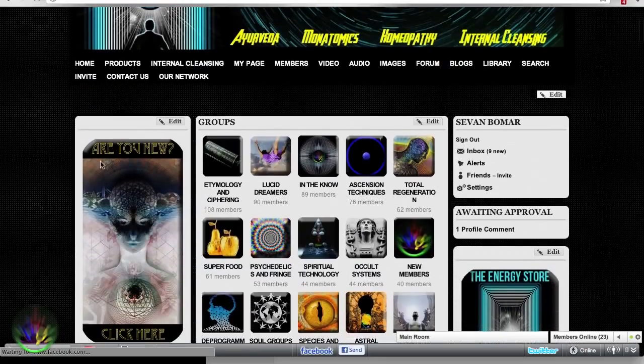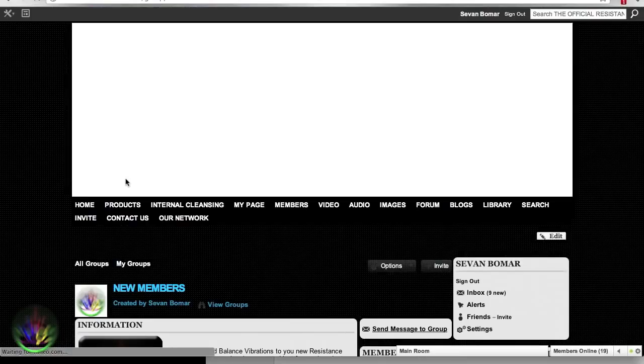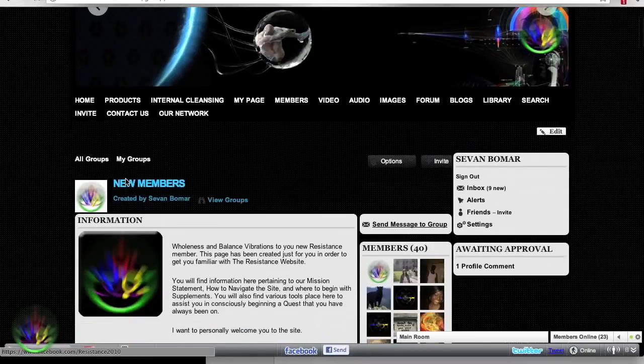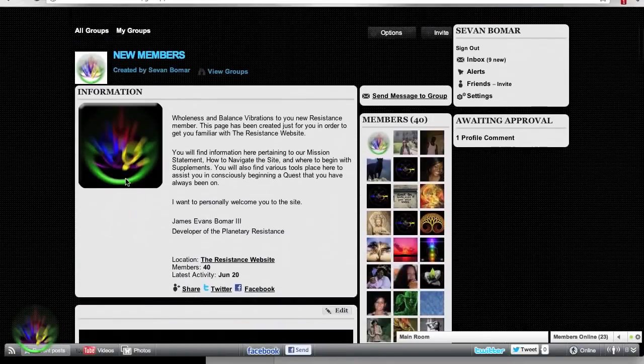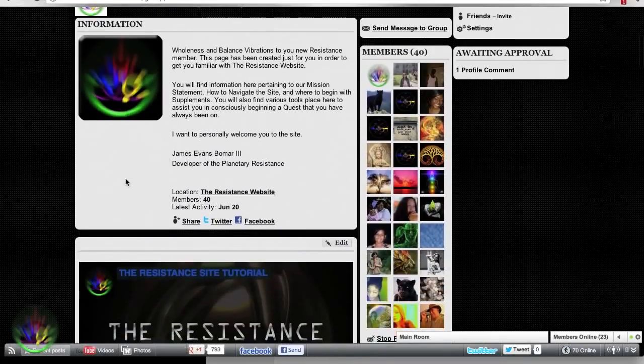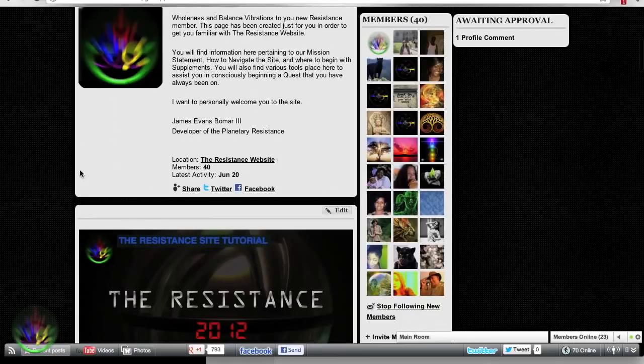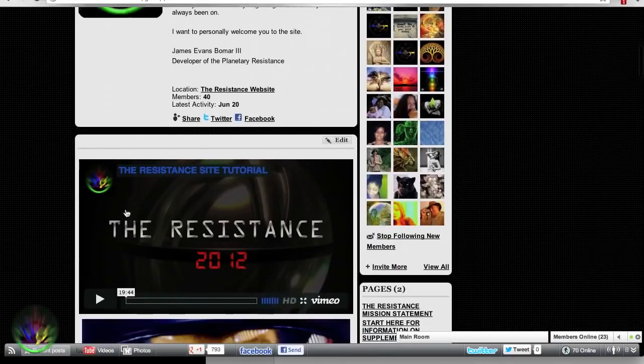You'll notice right here on the left side, this is the area for new members. All you have to do is click this. And what you'll go into is our new members group. And this is where we place all the information and all the tools that are needed for new members to get more familiar with the site. Of course, we had an old Resistance tutorial video, so we'll be putting this new video